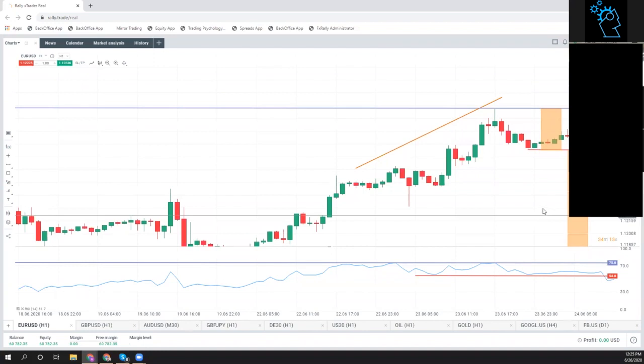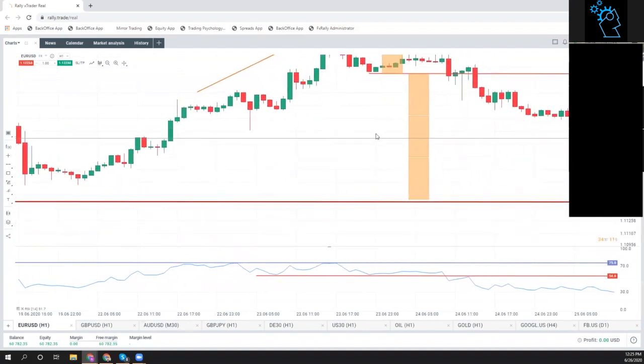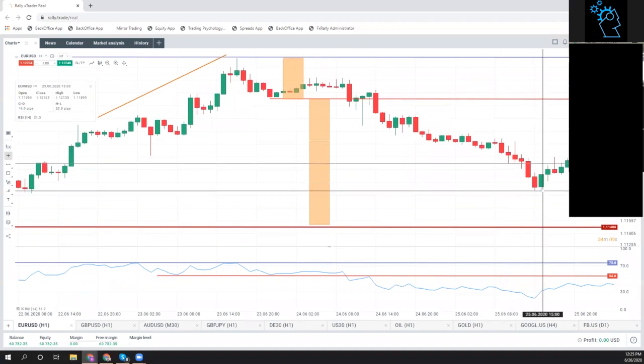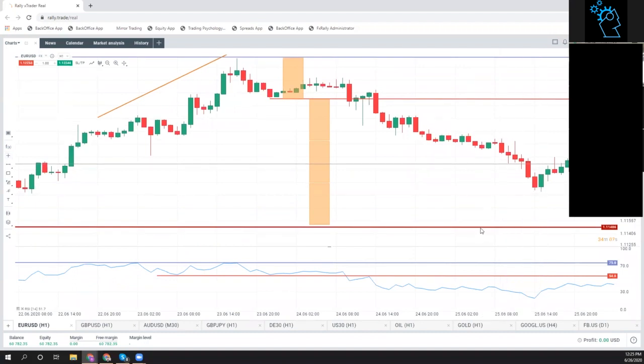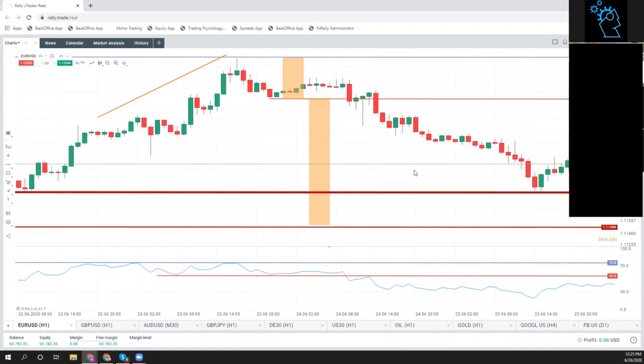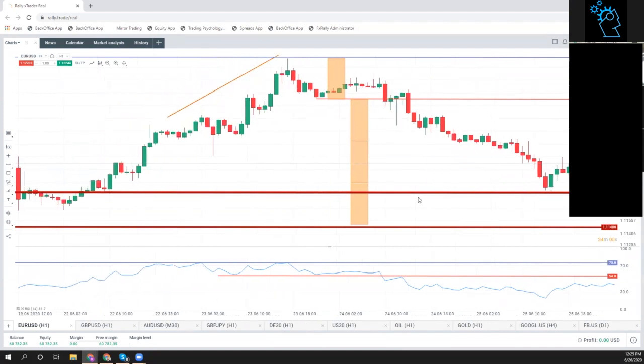In this case, the price moved all the way to here. So it wasn't 1-to-3, but it was 1-to-2 and something, which from my point of view and from my experience,